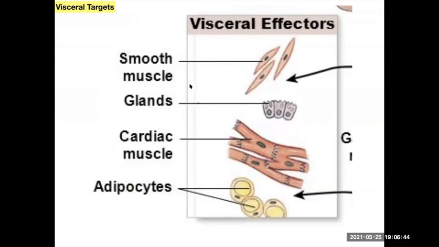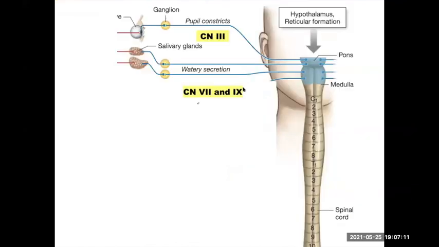All right, so all these visceral effectors: smooth muscles around your eyes, your tear glands, cardiac stuff is obvious. We didn't talk about adipocytes, but they're another target. But those are some examples where you'd find these glandular cells. So that would be cranial nerve number 3, cranial nerve number 7 and 9, sorry, right over here. And these are doing pretty specific, local type of stuff. They're not really too broad-based. So 3, 7, 9, and what's the last one?